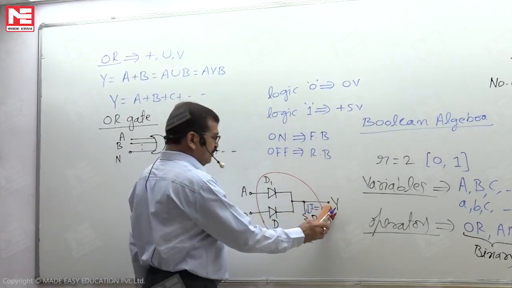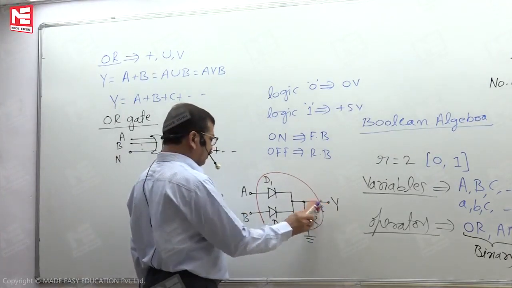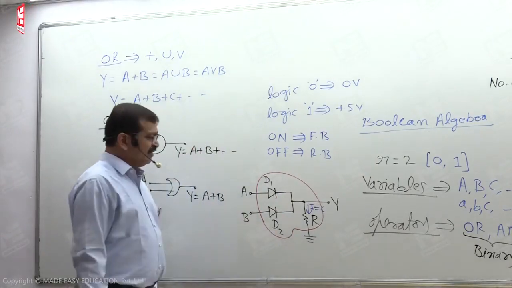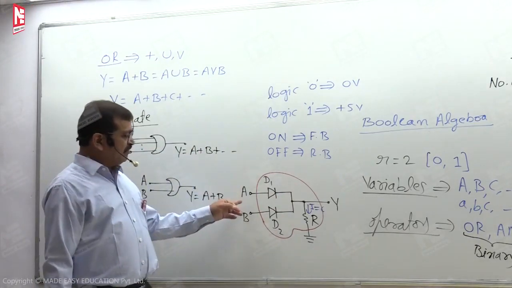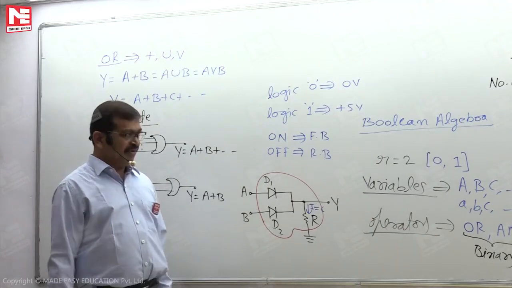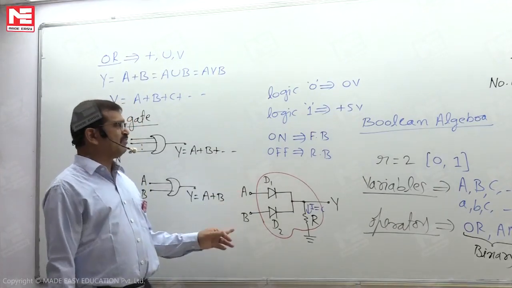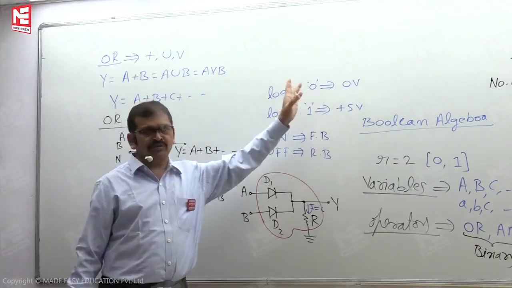So, having this basic knowledge of the PN junction diode, if you look at the operation of this circuit, as and when at least one of the inputs is logic 1, meaning one of the inputs is plus 5 volts,